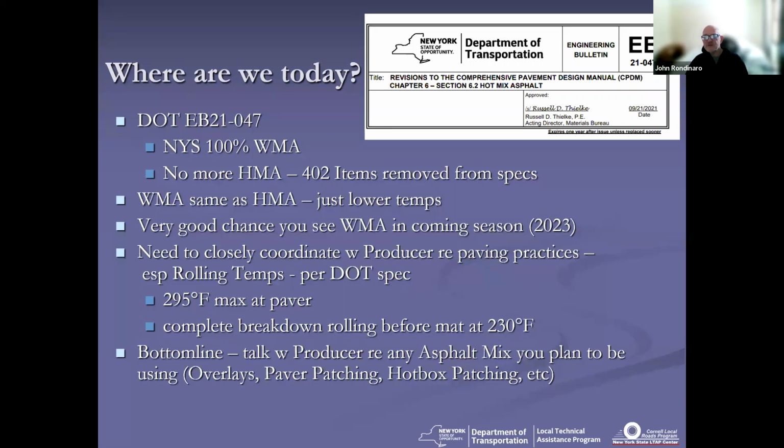Because per the DOT spec, it's going to be 295 max at the paver, and you're going to be completing your breakdown rolling before 230. So it's real critical. You've got to be talking to your producers, and this applies to any time you're using